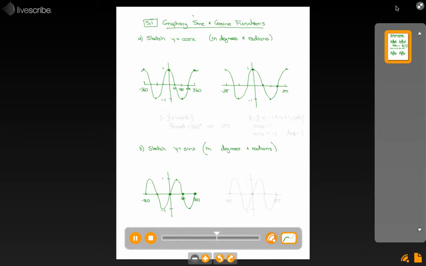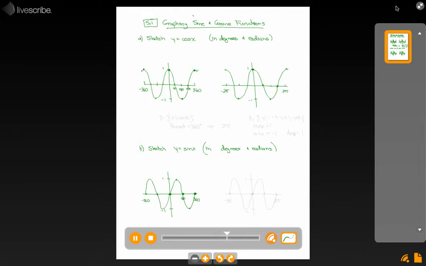It has a maximum of 1. It actually has another x-intercept at 180. And so you have a graph that goes up, back down, down, back up for one full cycle. Looks very similar to the one above, especially once you start to draw the left side of it. And it goes through